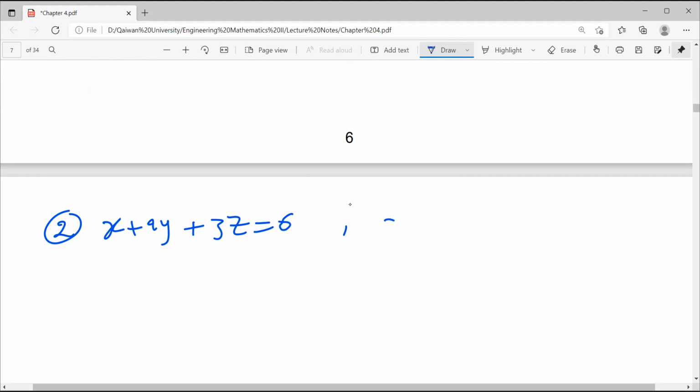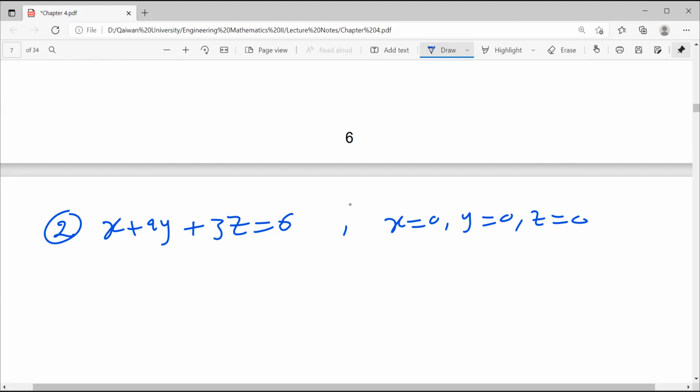And also, x is 0, y is 0, and z is 0. We should draw the solid which is bounded by x plus 2y plus 3z equals 6, and also x is 0, y is 0, and z is 0. Let's draw it. To draw the graph of a function with 3 variables,